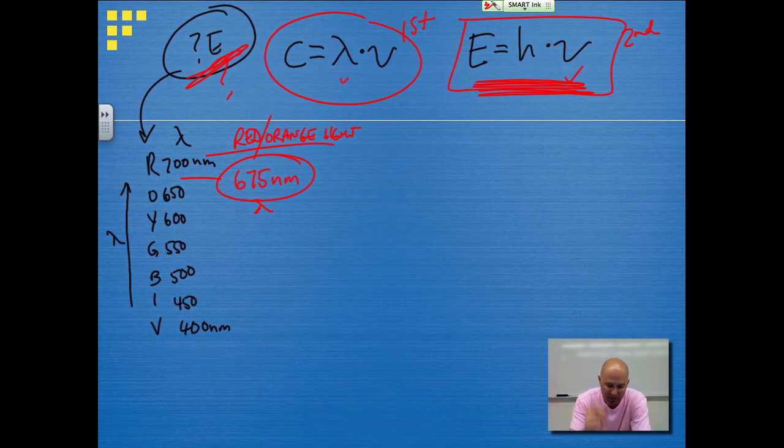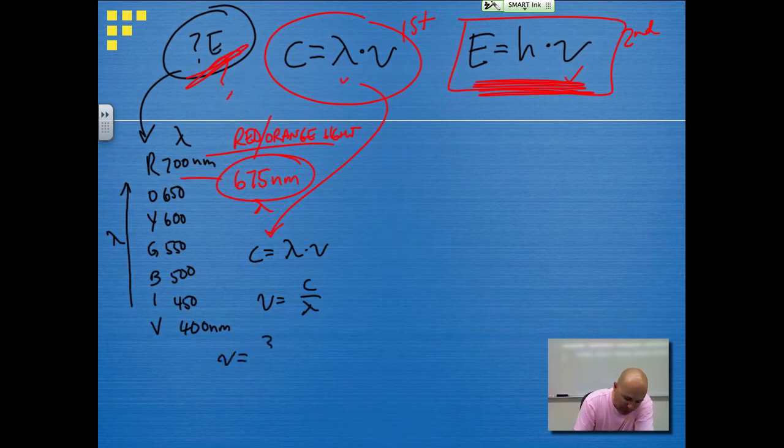So let's go ahead and do that. I'm going to take this formula down, and I'm a big fan of rewriting it, which is going to be c over the wavelength. Frequency is going to be 3.00 times 10 to the 8th meters per second over